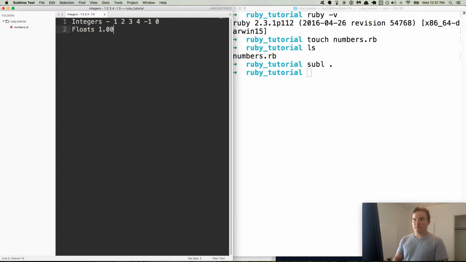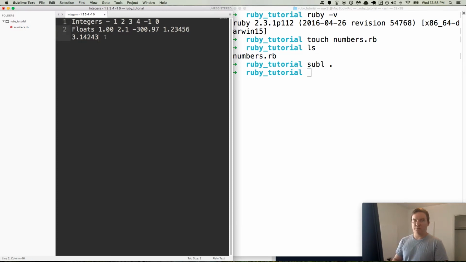So that would be like 1.00 or 2.1, -300.97, 1.2345, 3.1425. You get the point. Got carried away there for a second. So anyway, these are our floats and these are our integers, and most of the time we'll be using integers in programming. There are use cases for floats, don't get me wrong, but most of the time we'll just be using these whole numbers or integers. So let's go ahead and do some arithmetic, some real basic math, nothing crazy,